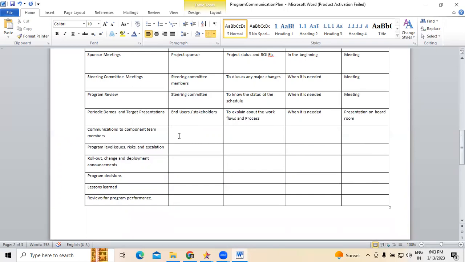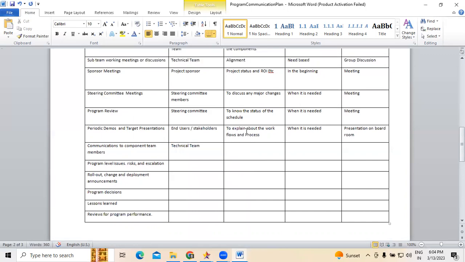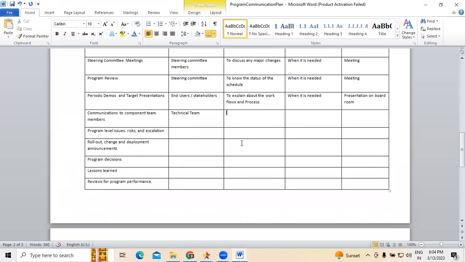Communication to components and team members. This is for the technical team. What is the purpose behind this?